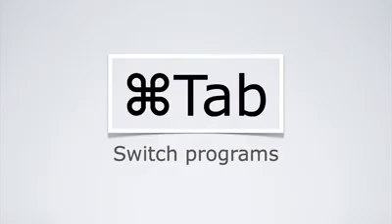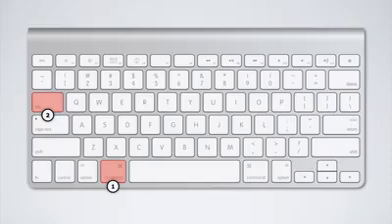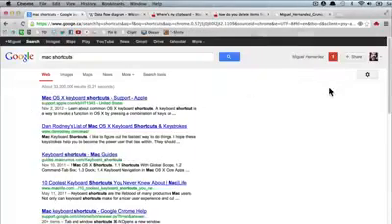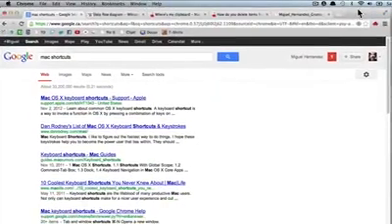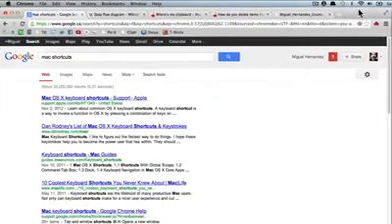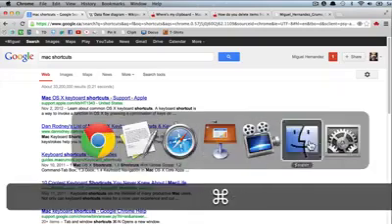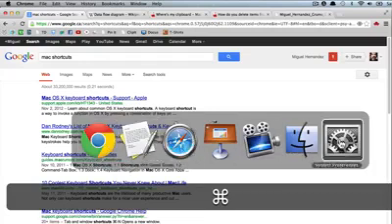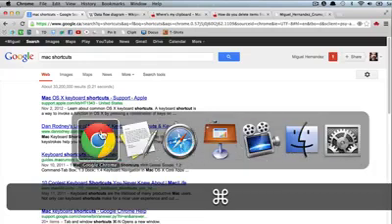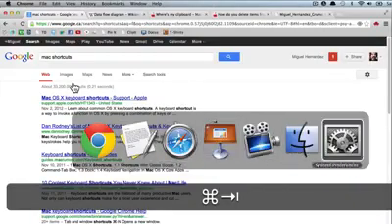Command Tab to switch programs. Instead of trying to find your programs and moving windows around to find the program you're going to want to go to, it's very simple. Just press Command Tab and you'll get this display with all the open programs, and now you can easily select where you want to go. You can do it with your mouse, or if you keep clicking, Tab will iterate through all the open